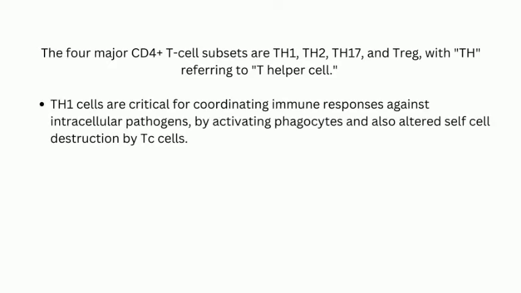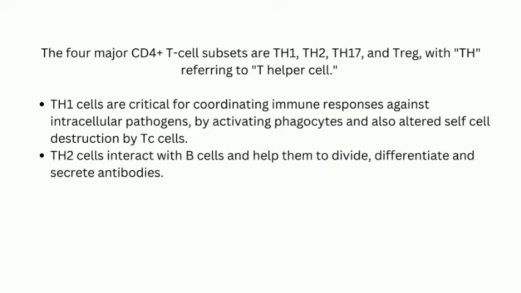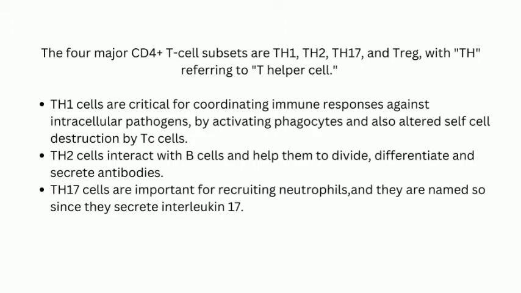Th1 cells are critical for coordinating immune responses against intracellular pathogens by activating phagocytes and also the altered self-cell destruction by TC cells. Th2 cells interact with B cells and help them to divide, differentiate, and secrete antibodies. Th17 cells are important for recruiting neutrophils, and they are named so since they secrete interleukin 17